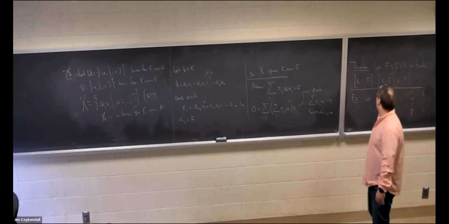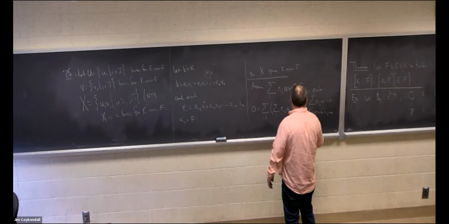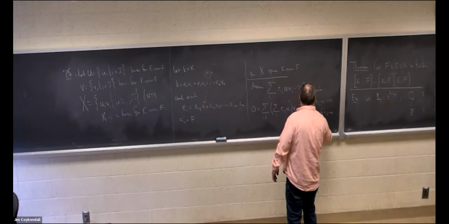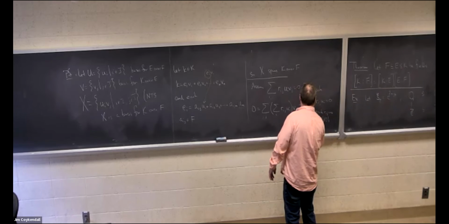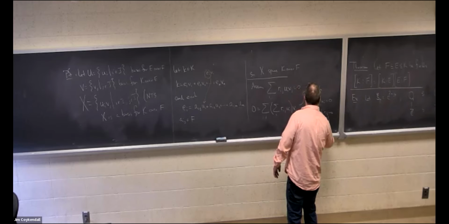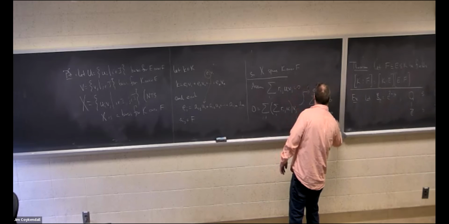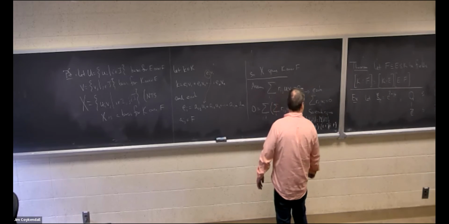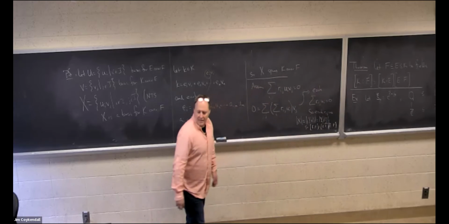And so now what we have is the cardinality of X is equal to the cardinality of I cross J, which is cardinality of I times cardinality of J. So this gives what I want. Degree of K over F, degree of K over E, degree of E over F. Only actually I should probably reverse these two.